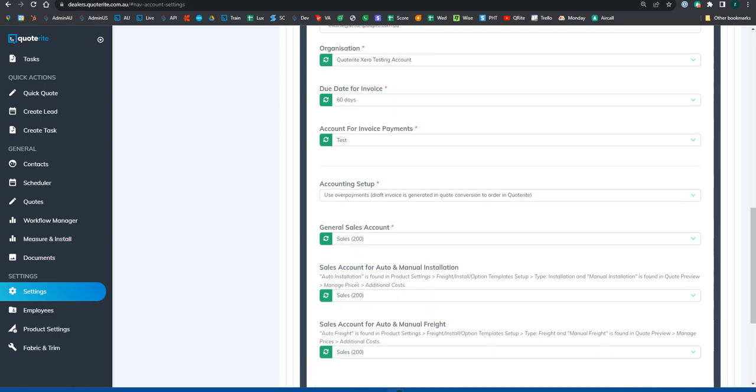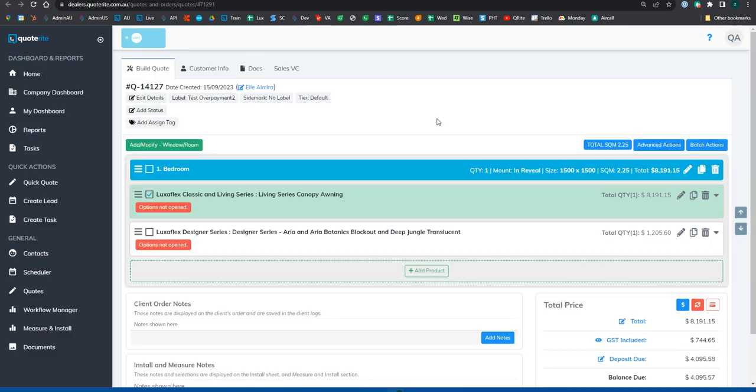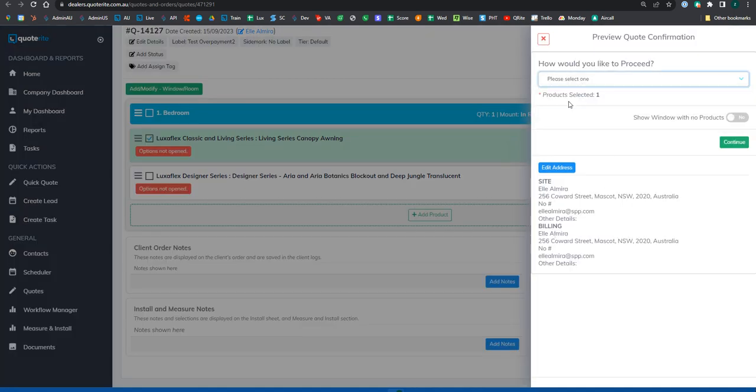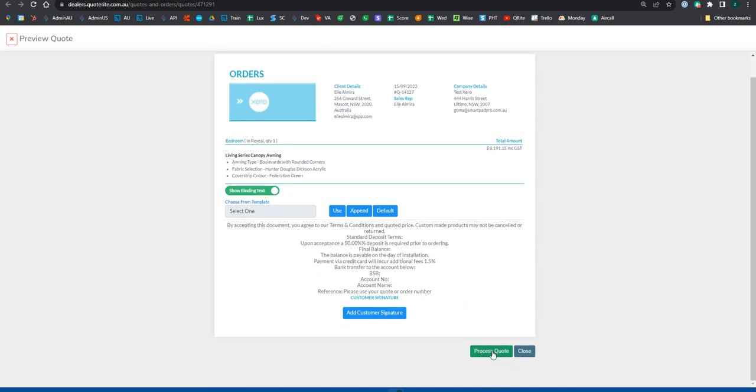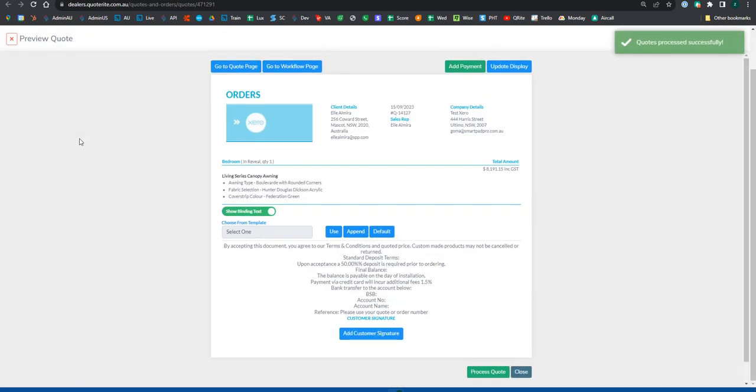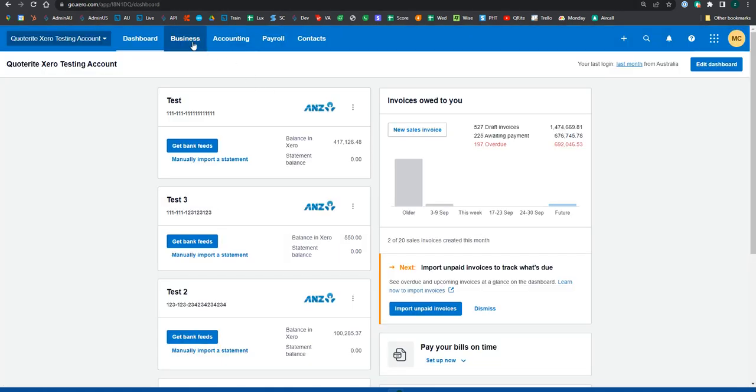So once you've done that, let's convert a job. Here's a quote I prepared earlier. We're going to convert this over. What this is doing is taking it over to the workflow, but at the same time, in your Xero account, you're going to see that invoice pop up as a draft. So if we go into Xero and we go to invoices,